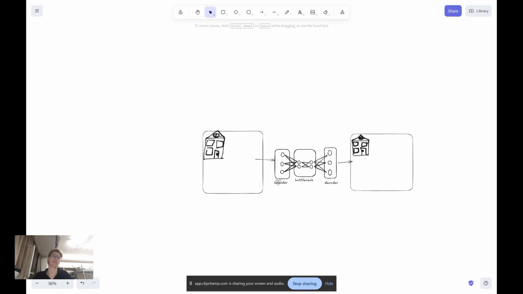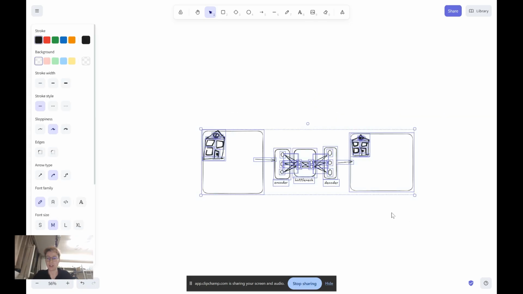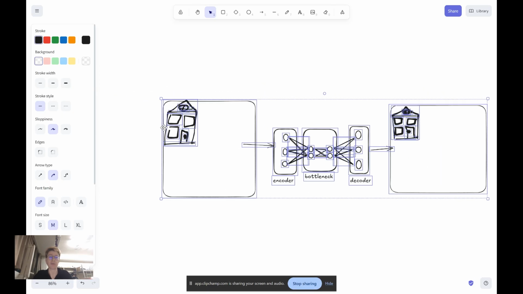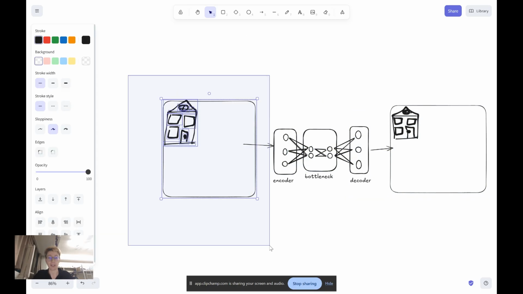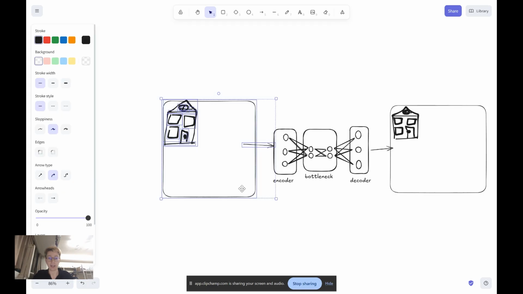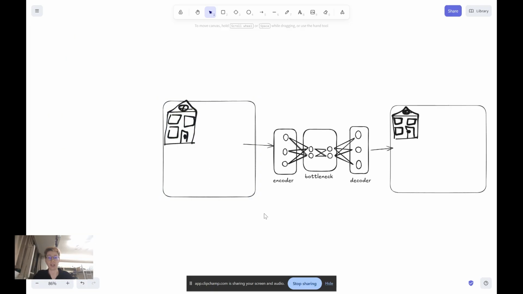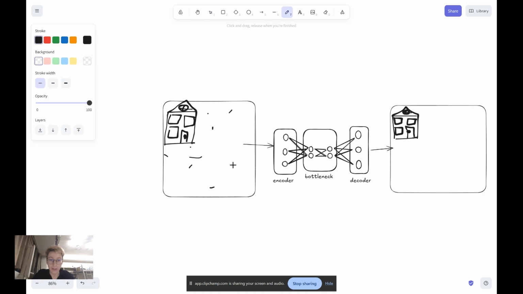And you will say, oh, so what's the point of an autoencoder? We started from a house, we get a house, who cares? What it allows us to do is, for example, take images. If we want to make, for example, a denoiser, so we have an image with a lot of small dots everywhere. It's very noisy. I don't know, the light conditions were bad, and the image is very degraded,